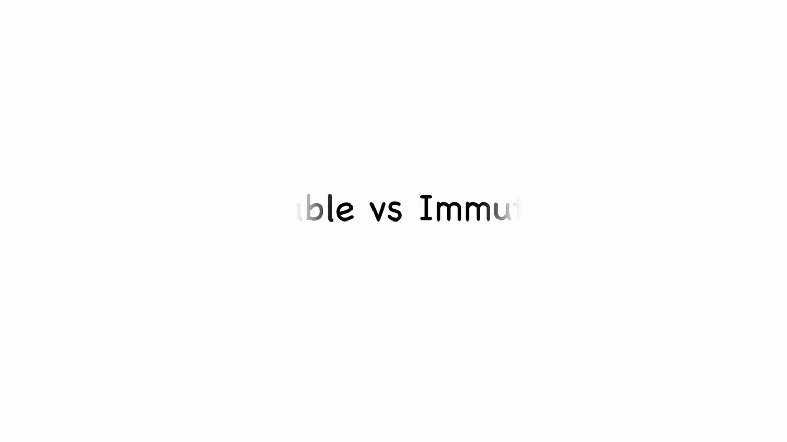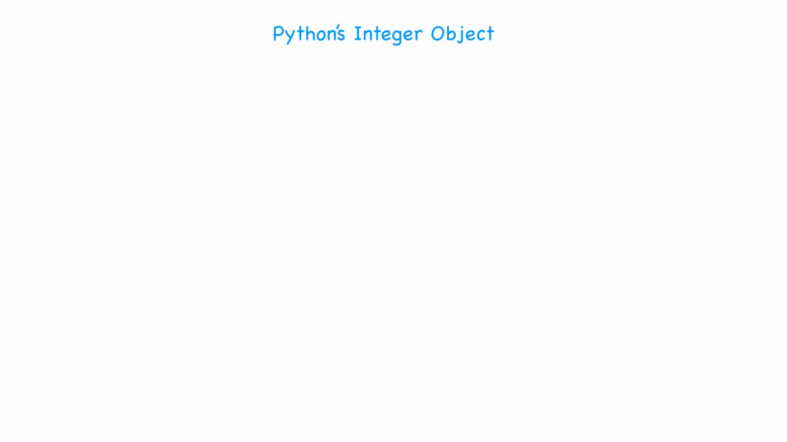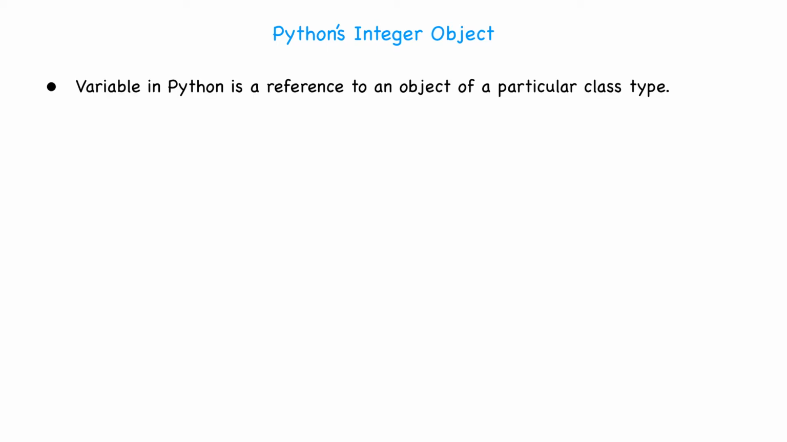Hello friends, we'll be discussing in this video about Python's mutable versus immutable objects. First, we will be discussing the relation between variables and the Python objects. A variable in Python is a reference to an object of a particular class type. We'll discuss with an example how this reference to Python objects changes when you perform arithmetic and assignment